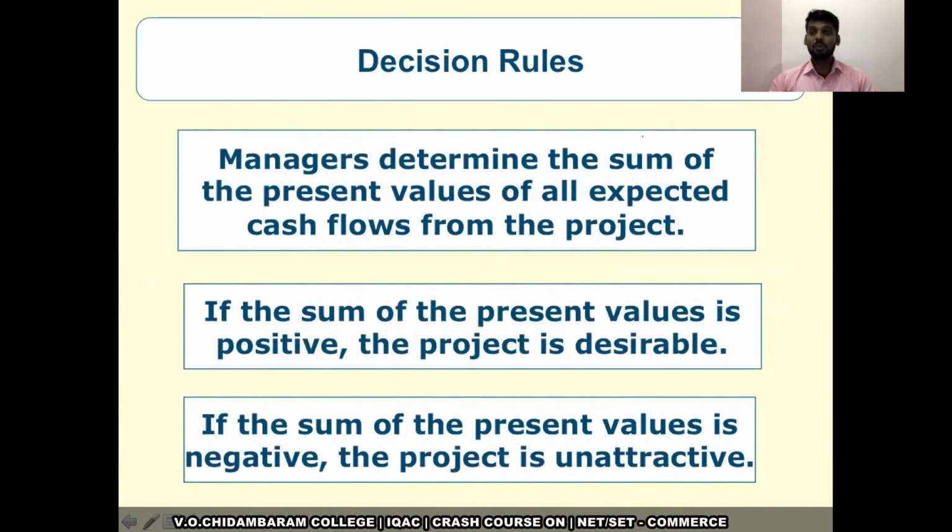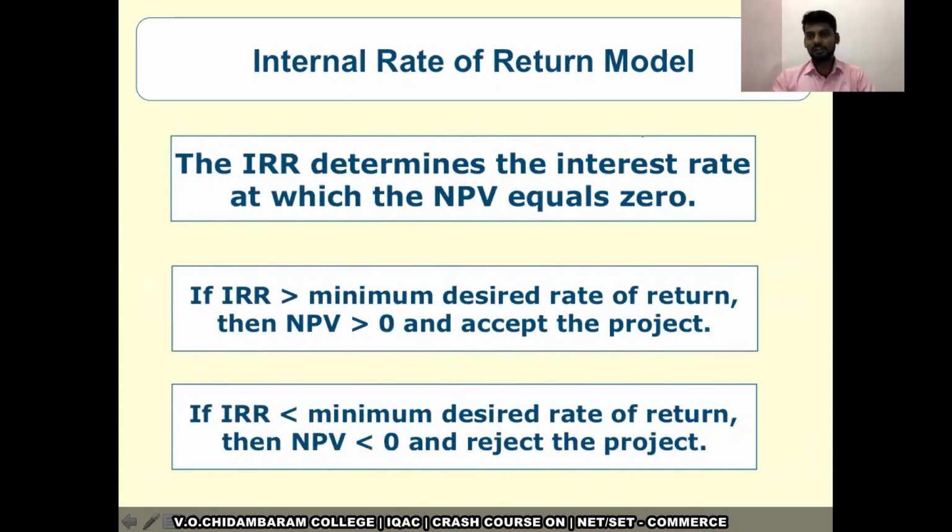So at what rate is the NPV equal to 0, which means at what rate it is equivalent to the break-even point, where there is no profit and no loss. We would have studied that the break-even point is a point where there is no loss and no profit, which means where the cost is equal to the return. Similarly, here the internal rate of return is the deciding rate of return. Rate of return means percentage. At what percentage of rate, I mean the expected rate of return,